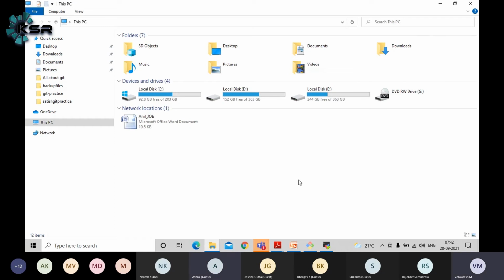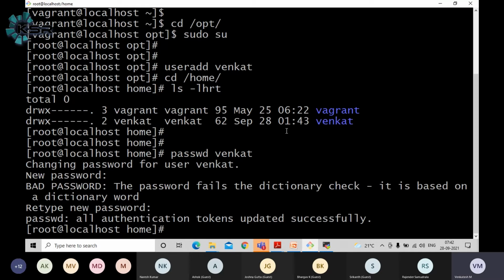Okay. So whatever things you are seeing here, everything is kind of partitioning. That's it, guys. Similarly, in Linux also we can do the partition. Since I'm using my Linux machine, it will take a mount point from the computer hard disk. That's it.